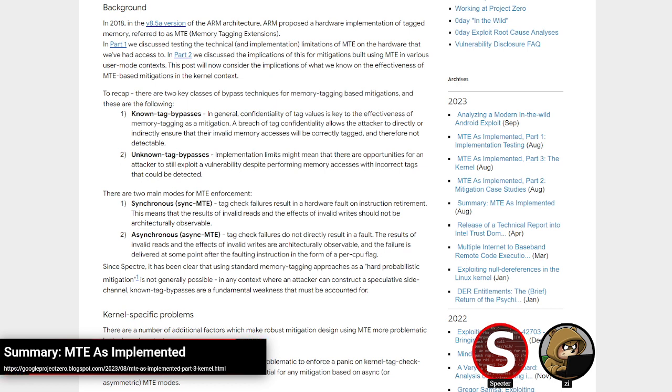But this goes a lot deeper on how you could bypass the mitigation as a whole. And some of these totally make sense and were things I think I would have tried, especially on the kernel side with using things like the coprocessors and DMA, because it's kind of obvious, right? There are going to be devices that have to access memory that aren't going to be implementing tag checking. But some of them I thought were really cool, like the idea of using syscalls on user space to either oracle the tag or to just bypass it entirely.